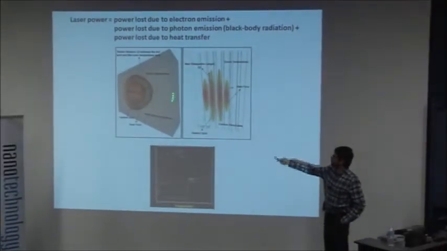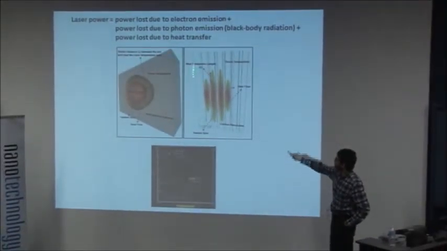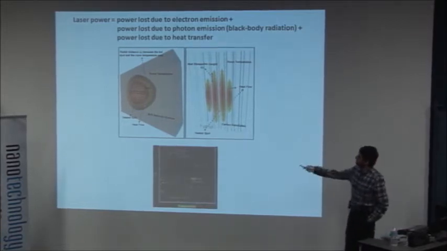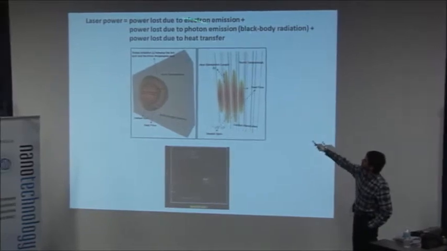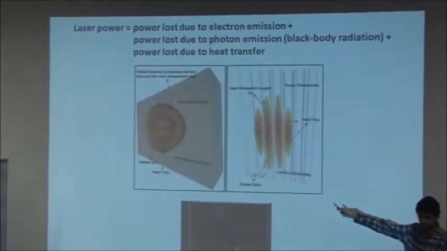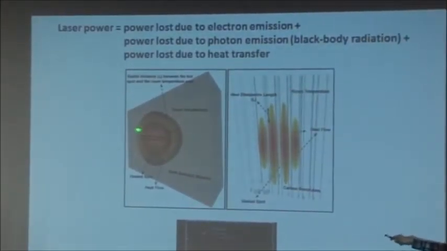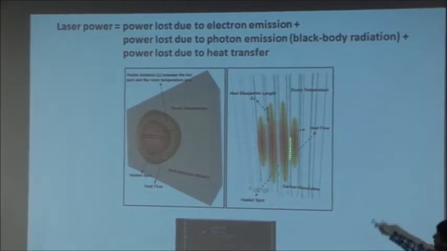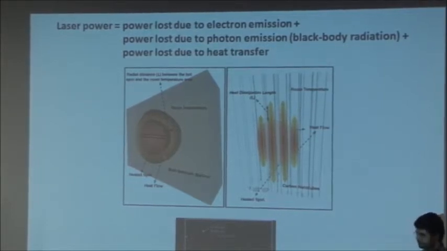And you can do it for a bulk conductor, for instance. You can do it for this quasi-one-dimensional array of nanotubes. And of course, in both cases, you have a lot of similarities. The first two terms are going to be more or less the same. In the third term, you will see a big difference, because in the bulk, heat transfer happens isotropically in all directions. In the nanotube forest, it's more or less along the nanotube axis. So the third term here looks different for the two.